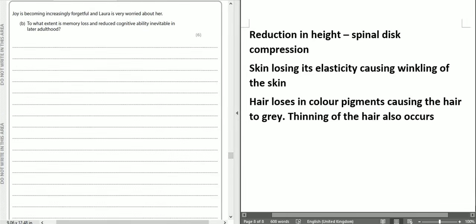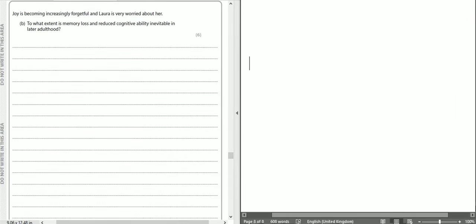Now we've got a next 6 marker, all about Joy. Now we know Joy's in later adulthood. She says she's becoming increasingly forgetful, and Laura's worried. To what extent is memory loss and reduced cognitive ability inevitable in later adulthood? So again, we are thinking about the effects of aging, and also, is it inevitable? So again, arguments that would agree with this. So things we can say is that